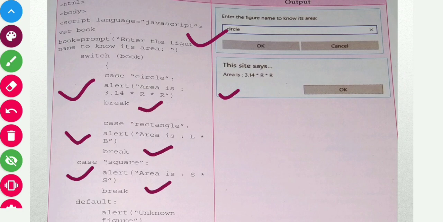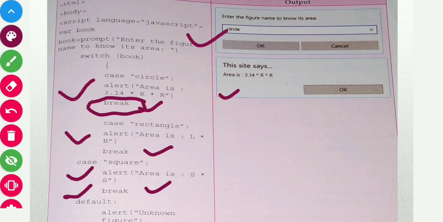Break is used particularly after a case matches, like circle matches here with the circle statement. After the circle case matches, there is no need to go and check the other conditions, so directly break comes. Break will take you out of the switch. So the break statement just cuts the execution and stops the program execution.